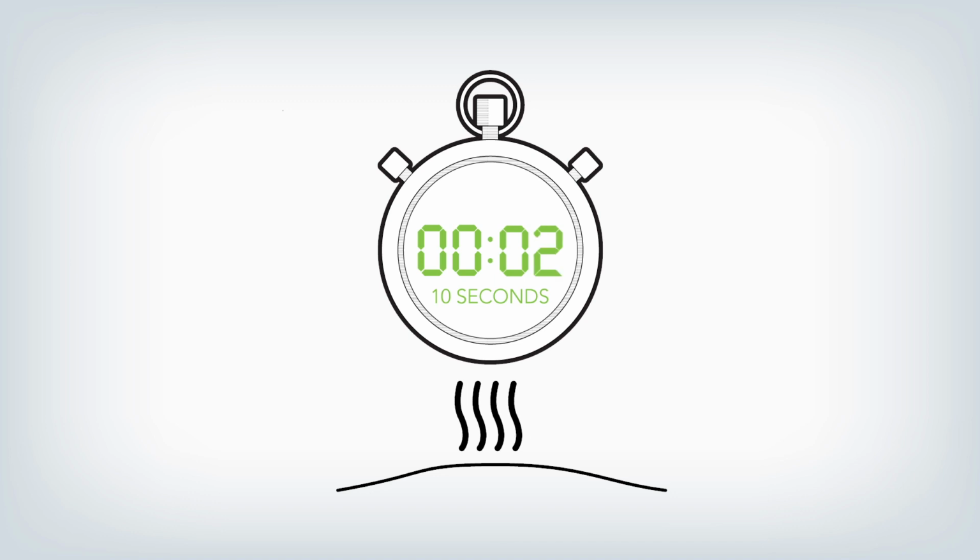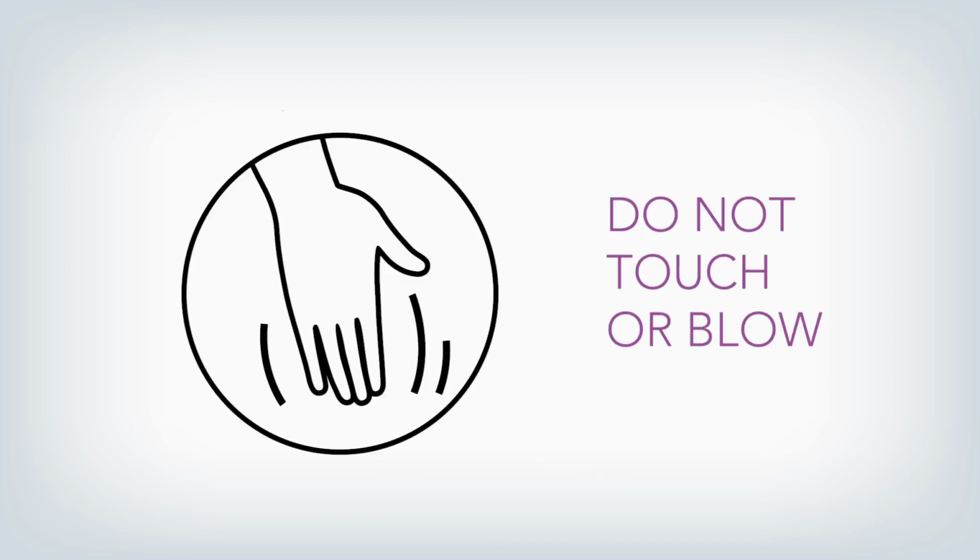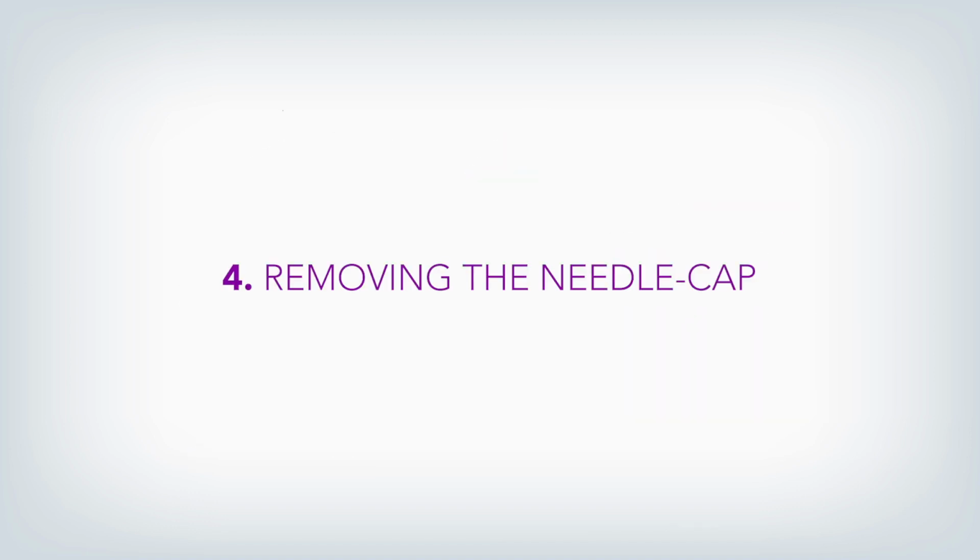After throwing away the pad, let the skin air dry for at least 10 seconds to reduce the chance of getting an infection. Do not fan or blow on this clean area or touch it before injecting. When you are ready to inject,